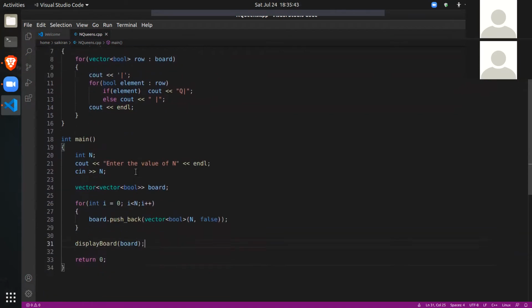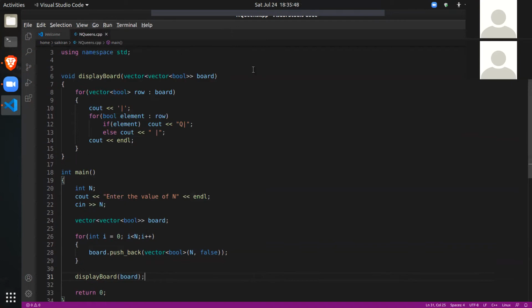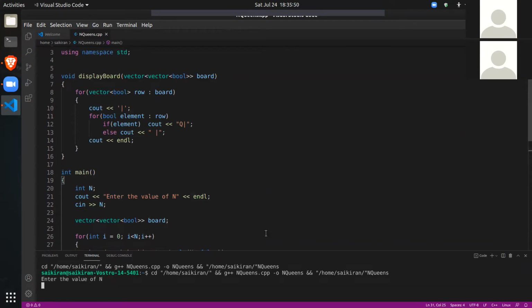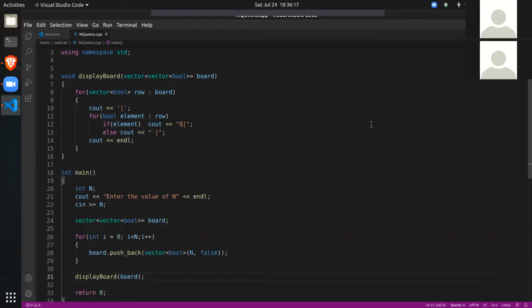Let's run this. Let me make it a little larger. So let's have a 6 by 6 board. So yeah, this is what our board looks like. There are 6 rows and 6 columns. And of course, everything is empty right now because everything is false. But if you have some queens in it, they'll show up as Q. Okay, so this is how the display board function works.